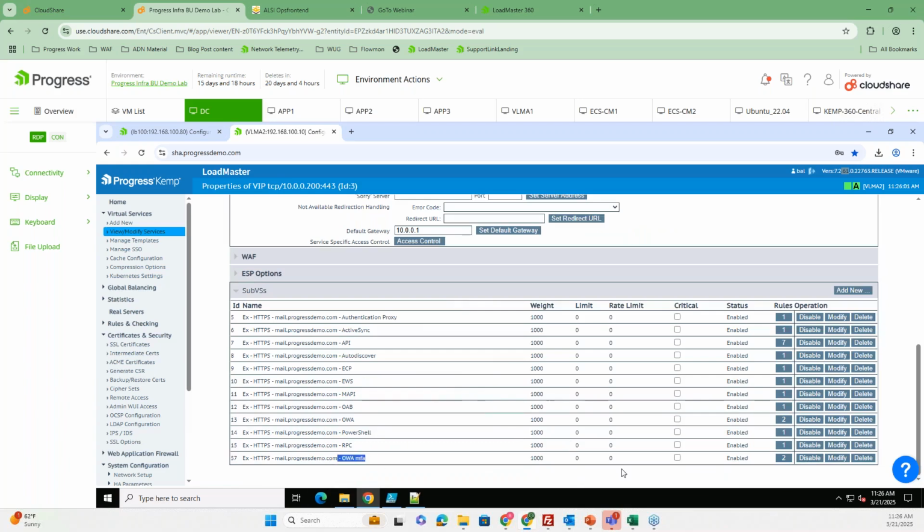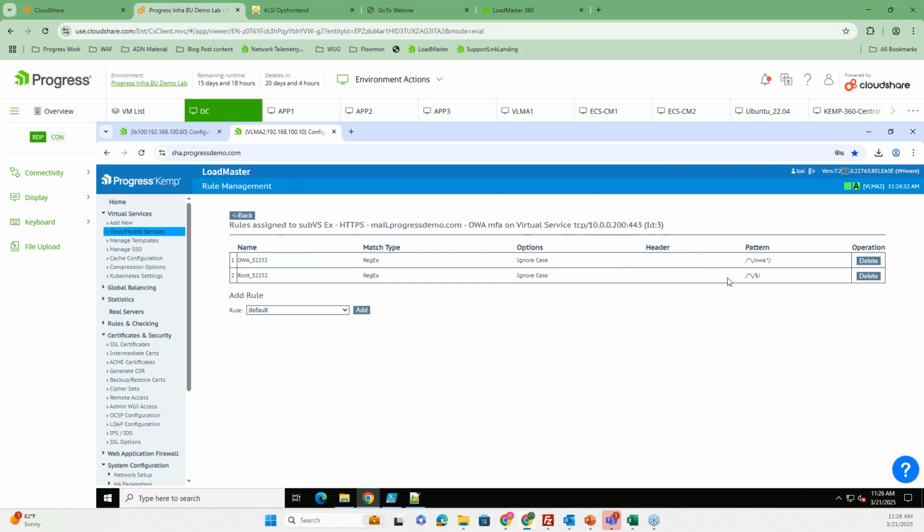Here's the copy. And within the content rules, I could now have these rules. I could duplicate them and could say they're depending on a certain flag. And I can have a flag to say I'm matching everything else that's not internal IP address ranges, for example, creating that flag. And then internal addresses will go the old way and external addresses will go the new way. And that way I can make changes to the ESP settings and so on. Pretty nice. So duplicating sub-VS.